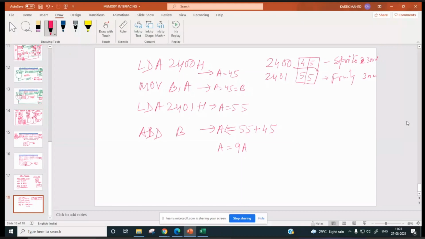Now if you want to find out the total cost of Sprite 300 ml and this Fruity 300 ml, so if you add these two, what will be our result? Our result is going to be 9A.